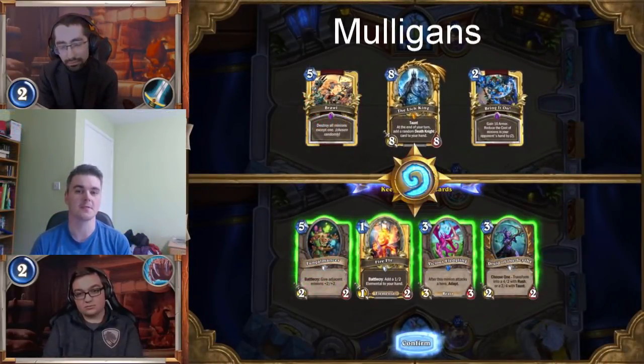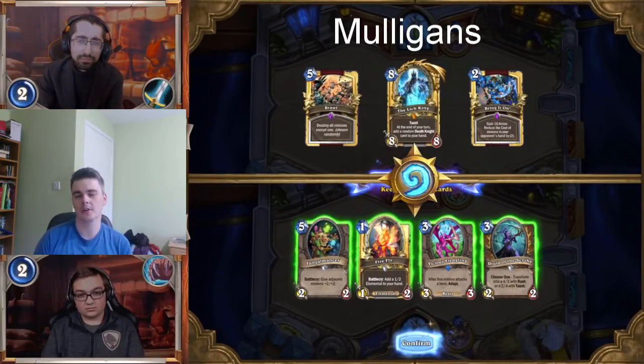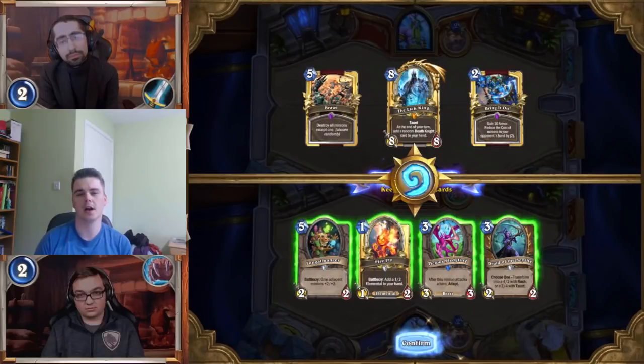Unfortunately, Fibonacci mulliganed so fast that we didn't get to see his options. All we know is that he kept a Brawl. I'm not huge on just keeping a Brawl on its own. I'd rather